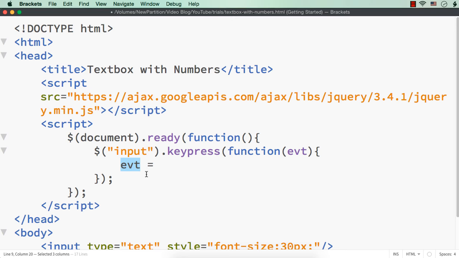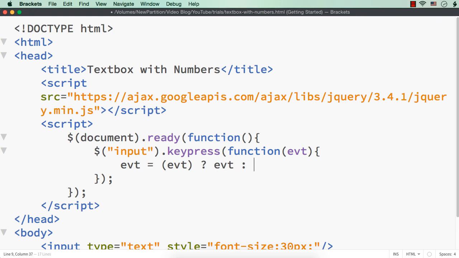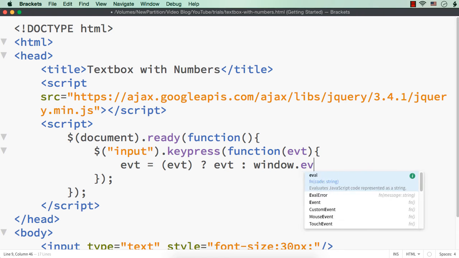it is implemented in different ways. So to support different implementations on different browsers, I'm going to specify evt question mark. If evt exists, I will get it from evt itself, or else I will get it from window.event.